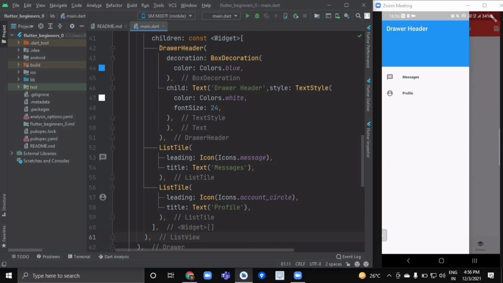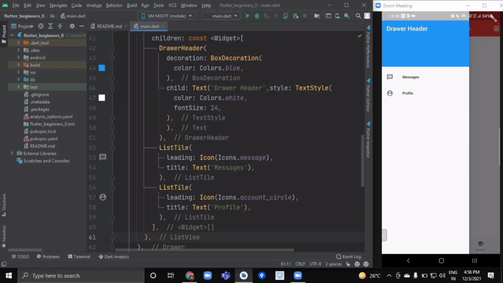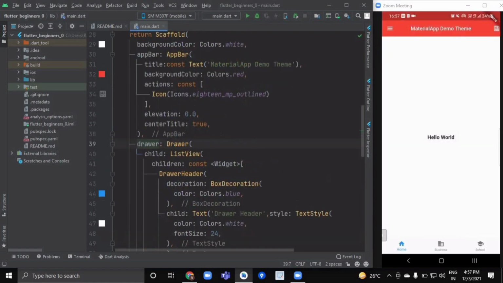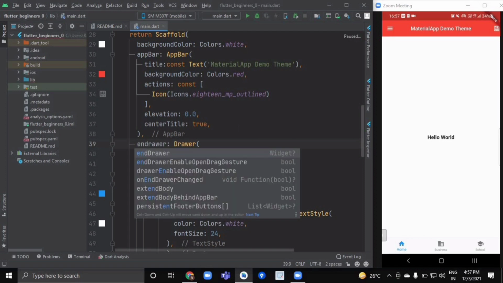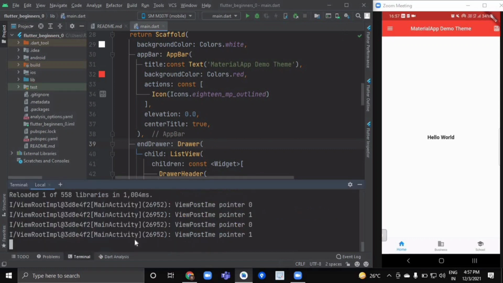First is leading, which indicates what icon you want to show on the leading side of your list style. And second is title with some specific text. Okay, now if you want to show this drawer on the end side, or the trailing side of your application bar, all you have to do is write end drawer. Okay, and hot reload your application.